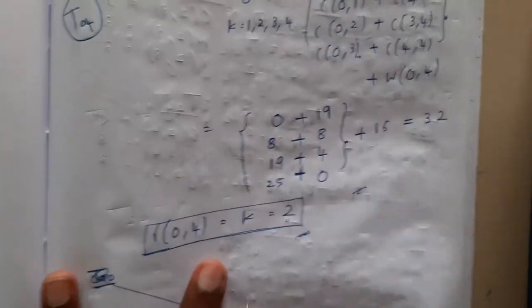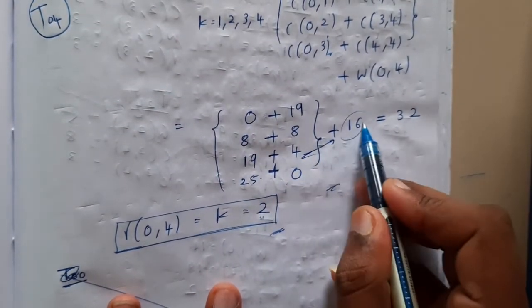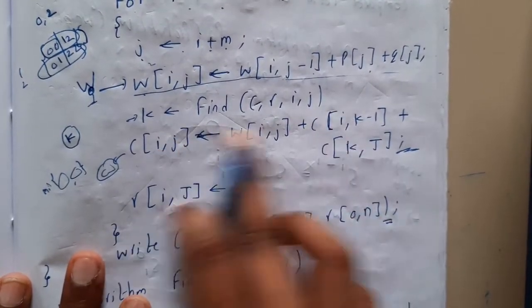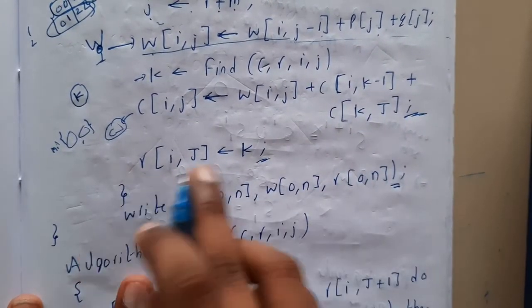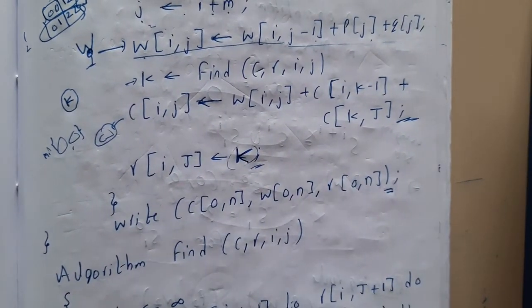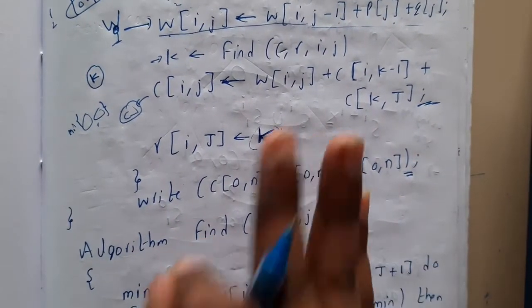Basically, if you recall, among these all, you will be selecting the minimum and adding it with our original cost and substituting it. That's what this single step is doing. And the last step is the final step where you will be storing the k, the root value, like what is the path for it. So this is the algorithm for optimal binary search tree.